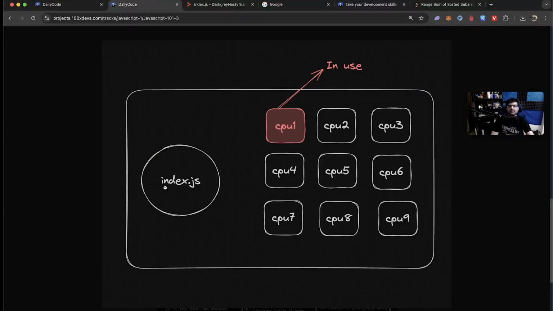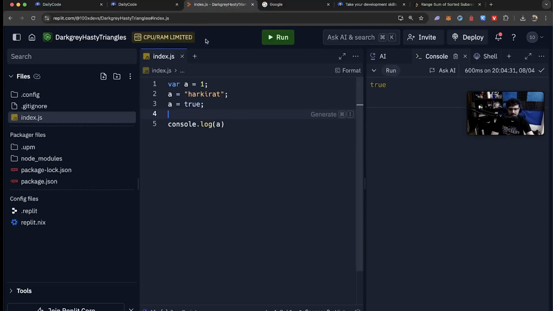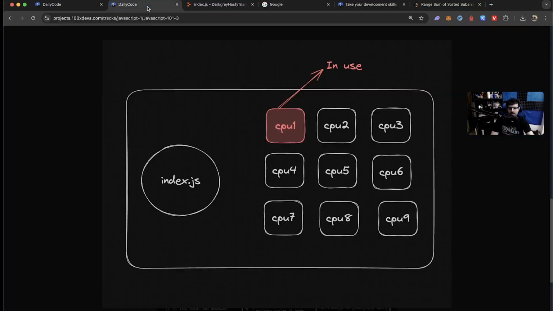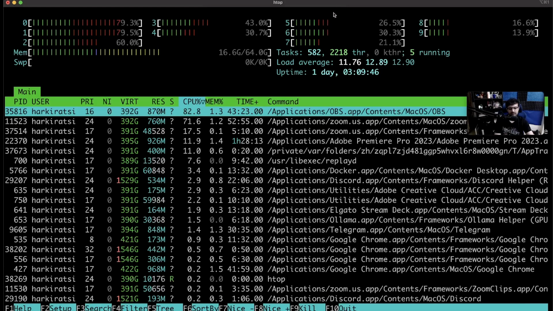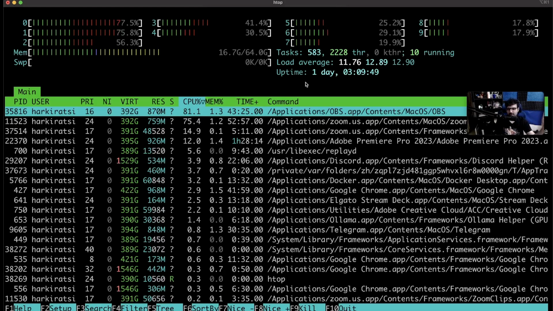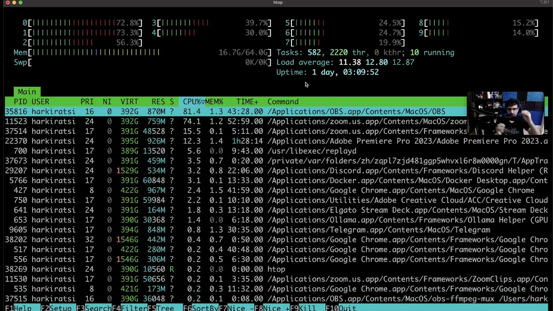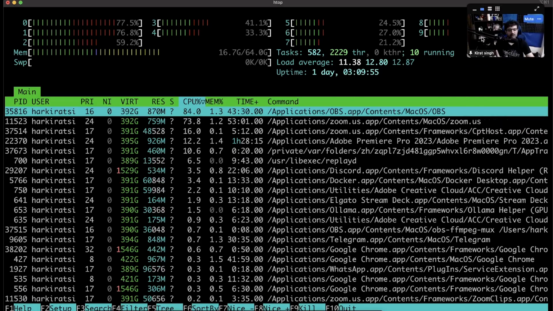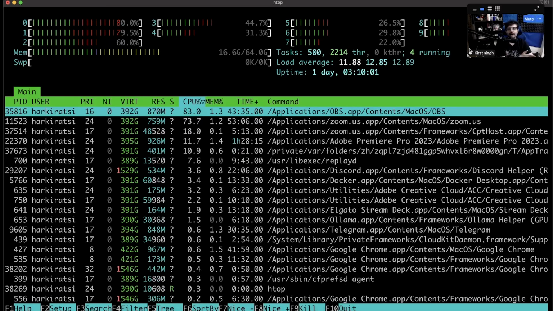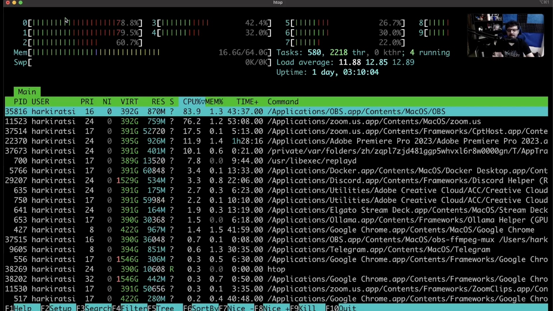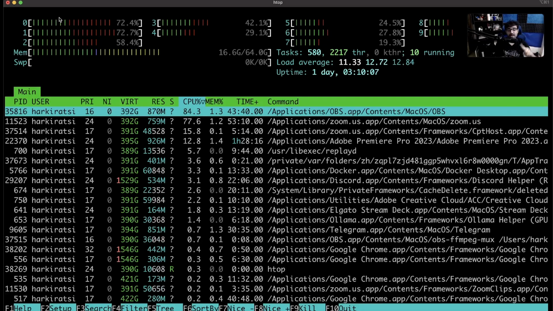When I run any JavaScript code, I repeat, if I run this JavaScript code locally, it can only use one core of my machine at a time. It can only use one CPU of my machine at a time. At max, I can make one of these go to 100%, but not all of these. There are ways to do that also, but technically JavaScript is single threaded. If I run the most expensive JavaScript code locally, even then JavaScript will only be able to use one of these cores. It will not be able to make everything 100%. It will be able to make one thing 100%. Why? Because JavaScript is single threaded.